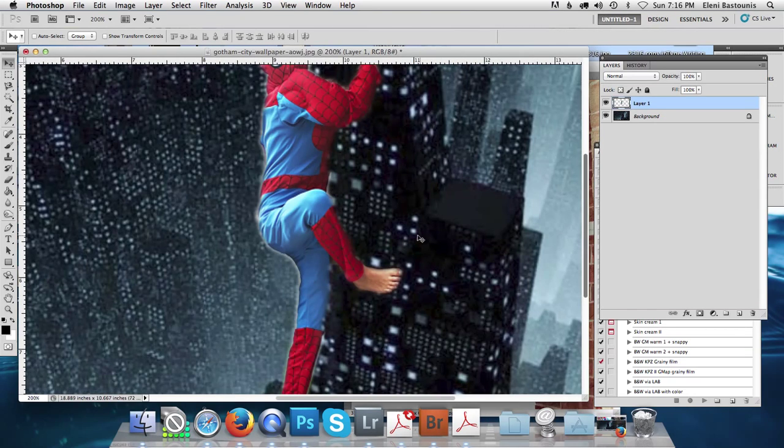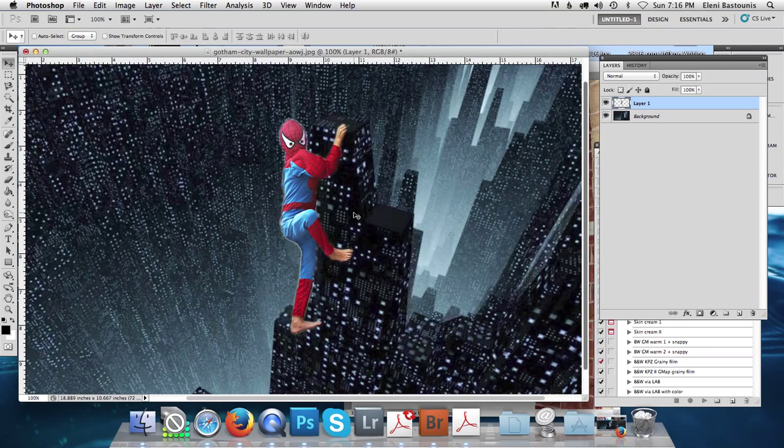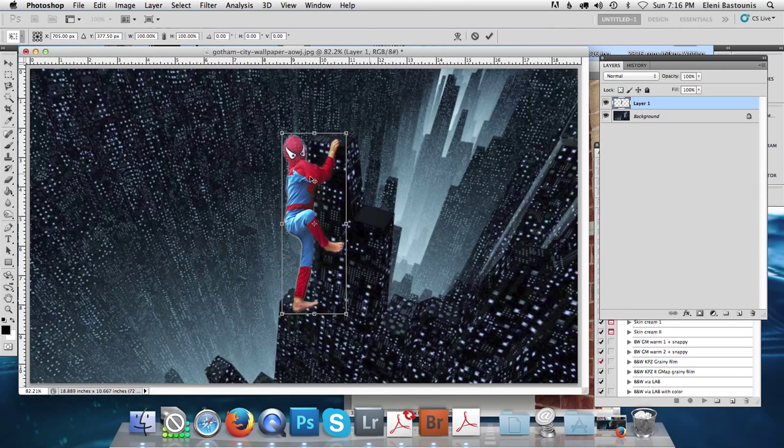He has this whitish outline around him, which I'm not really crazy about, and I want to make him smaller. So we'll make him smaller. Hold down shift, grab a corner, shrink him in a little bit more. Now he's not quite fitting the angle of the building. So now what I can do